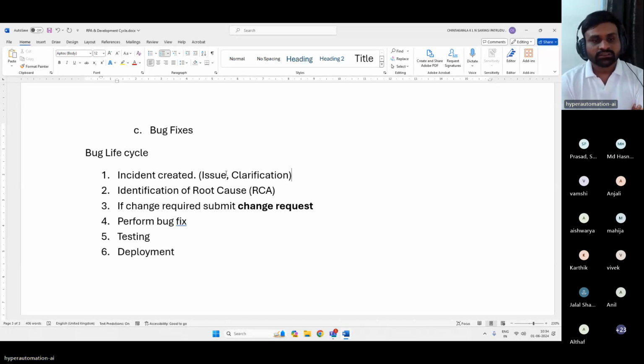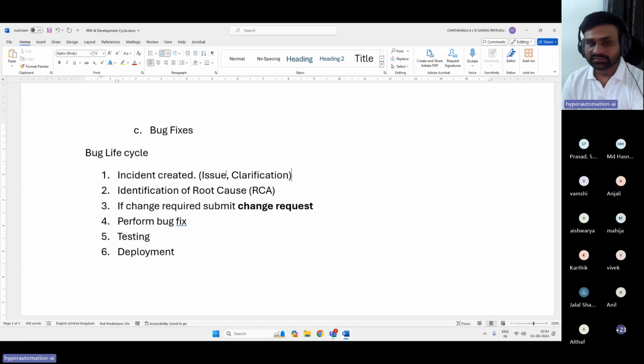Okay. So there will be two types, and the issue-based one may have an issue in the implementation itself. For that, we will create a change request and perform the fixes, do the testing, get it approved by the business team, and then go for the deployment. Okay.